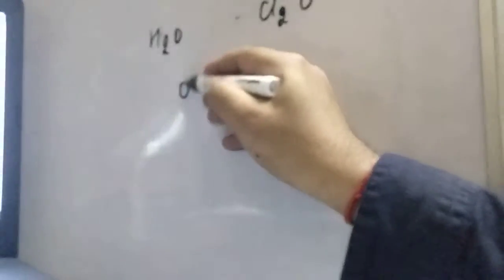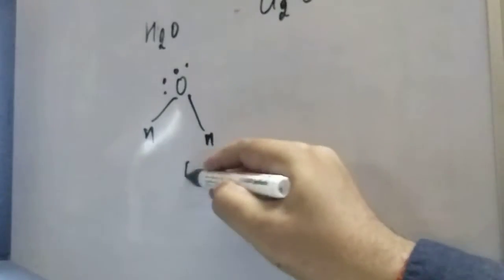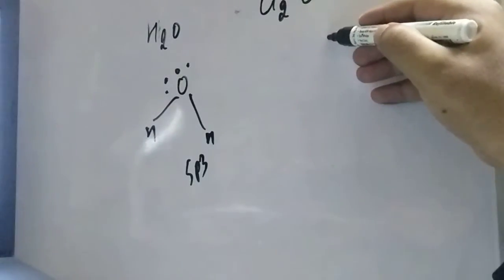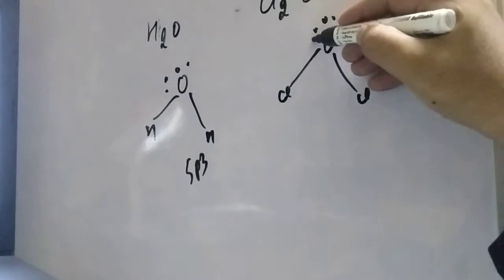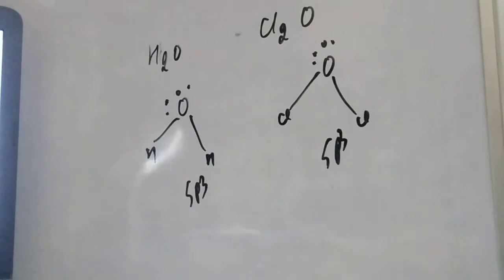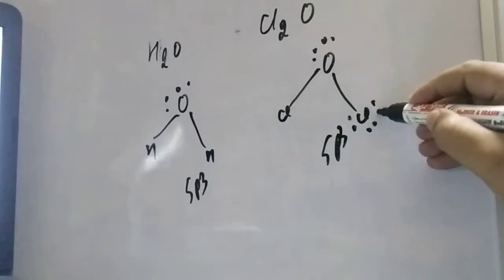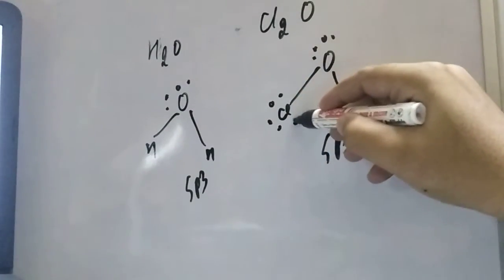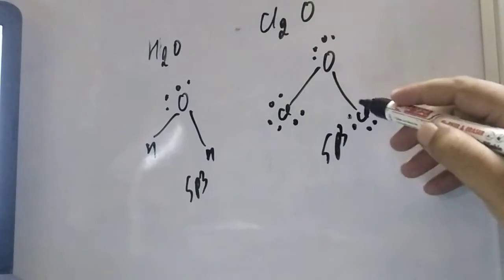Here you see the H2O structure, student, and there is Cl2O. If you see the structure, here is the bent shape, hydrogen. Hybridization is sp3 in this case, and if you talk about O, here is Cl and here is Cl, and here are the lone pairs, so it is also sp3. Both have sp3 hybridization. Now, chlorine has a small size, and that too has the lone pair electrons. So repulsion will be very high in this case. Repulsion is more among the bulky chlorine atoms.